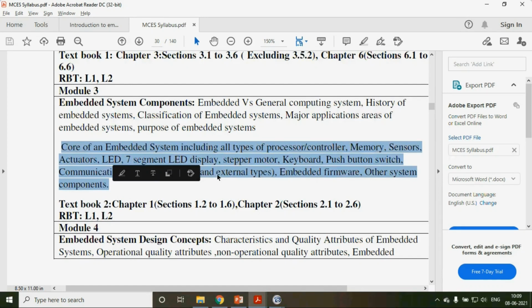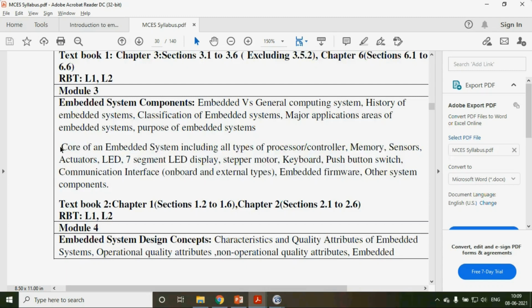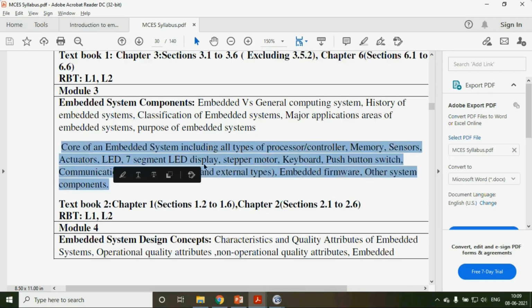What is an embedded system? It is made up of multiple components which together serve a purpose. So the whole second chapter in module 3